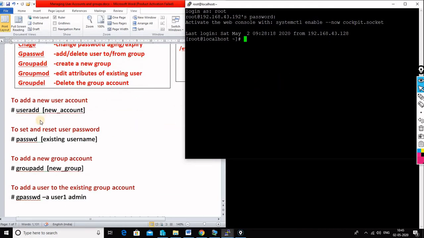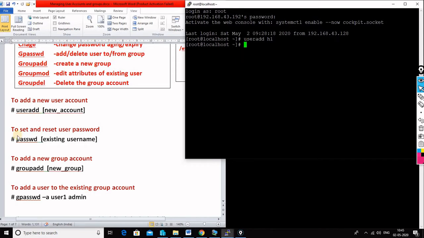As we know, we can create a user with the help of a command called useradd. So let me run useradd, say the user name is h1. One user is created.